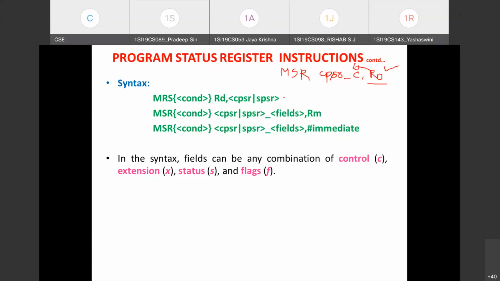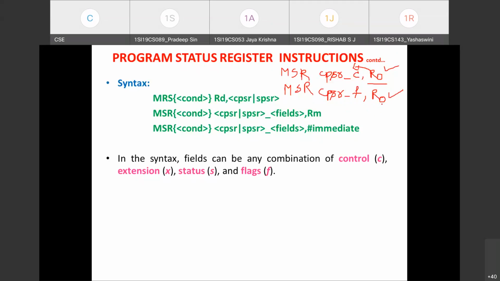If I write the instruction MSR CPSR underscore F, comma R0, then which data will be written to the flag field of the CPSR register? It is the most significant 8 bits in the R0 register.